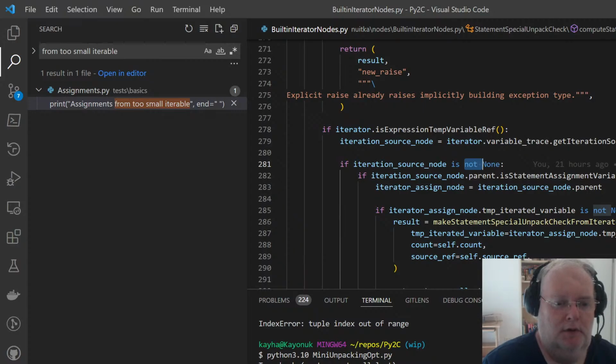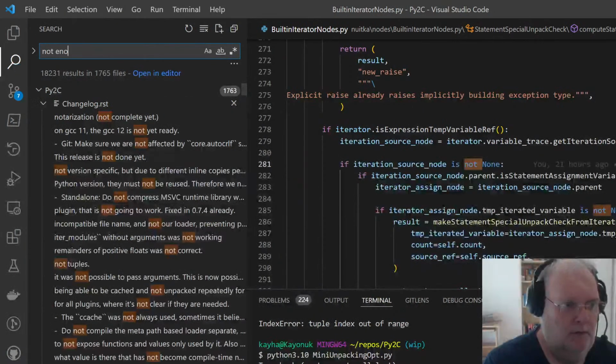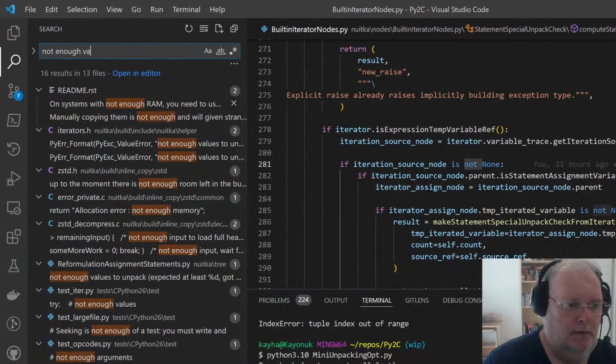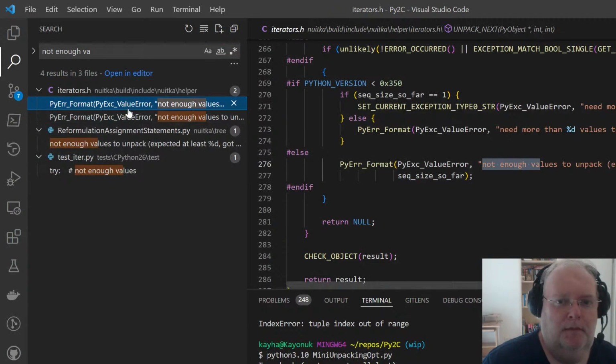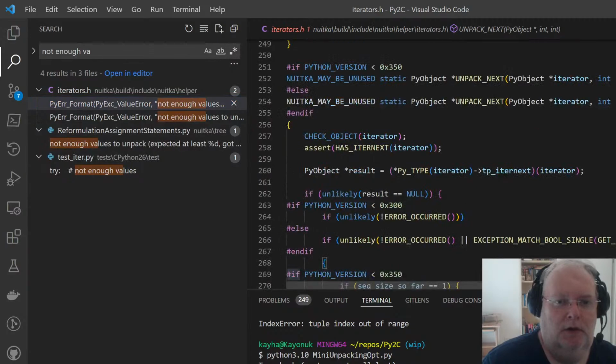Why is it not? It's only happening at runtime, huh? So far, there is only runtime optimization of this.